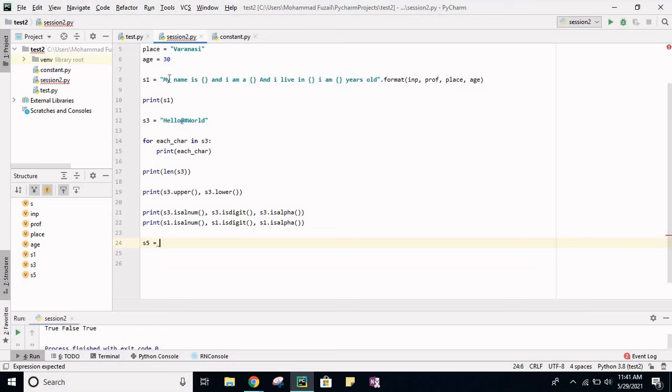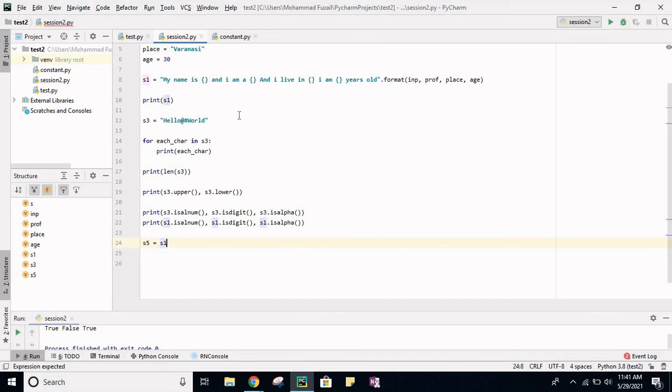This "my" is separated from "name" by a space, and "name" is separated from "is" by a space. So wherever we have a space, I want to split all those sets of characters. Okay, let me show you, you will get it better.